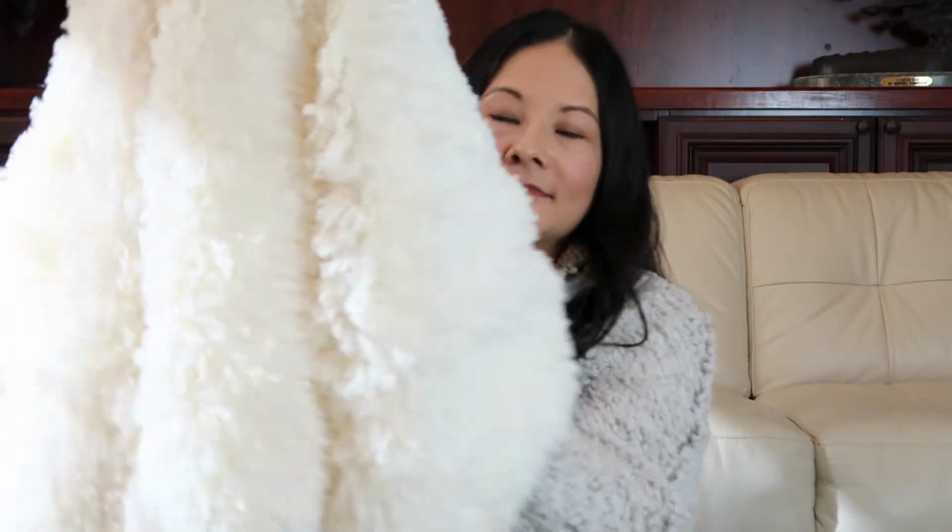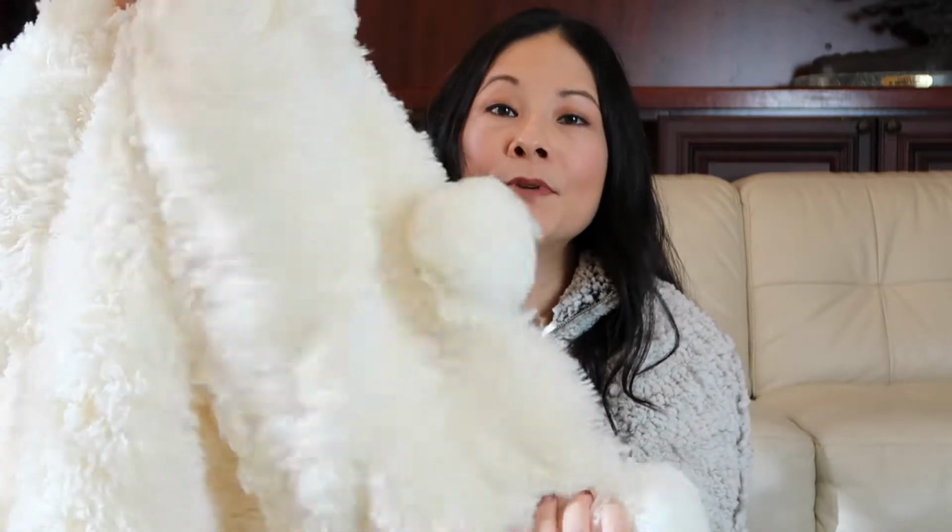The next category of favorites is in the homeware category, and I decided to focus on this beauty right behind me here. So this is the Peace Love World Sherpa Throw with pom-poms. So there's no way I'm going to be able to show you this whole thing, but it's about 60 by 70 inches. It's a beautiful throw by a company called Peace Love World, and you probably have seen some of